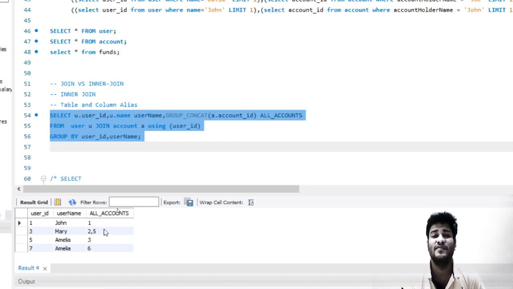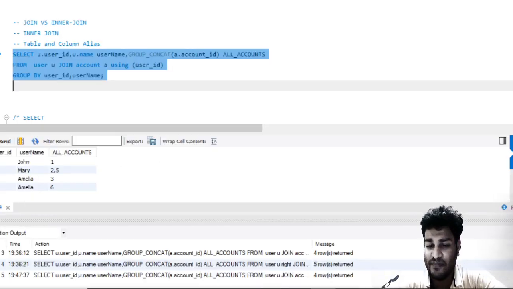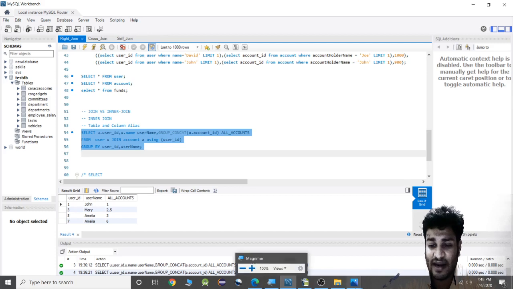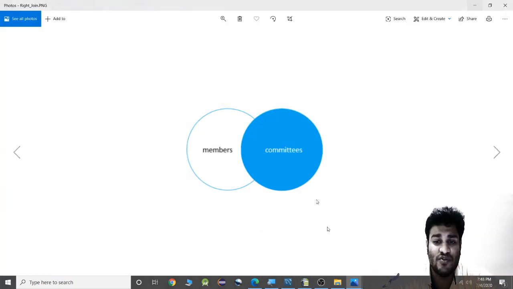But just for an assumption, we can say that your company has deleted the employee ID, username and user ID for the users who have closed their account, and then the user ID and username are null. As of now, we were using just the inner join. So now let us discuss what exactly is right join and how we use it.